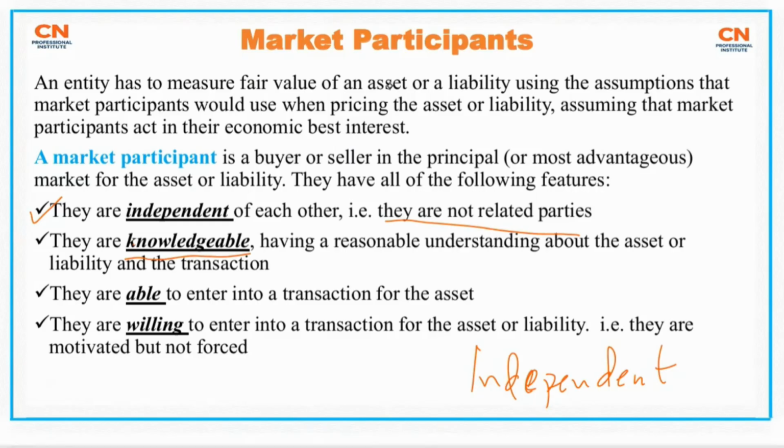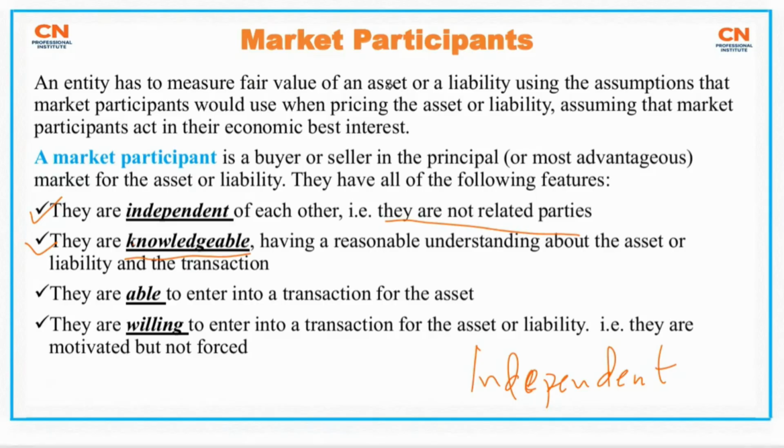So if you want to buy a mobile phone, you have a fair idea of the price, at least the range. If you don't have the idea, you might be exploited. People can cheat you and do whatever sort of stuff to you. So the market participants are knowledgeable. Before you buy something, I'm sure most of us have the idea. You're going to buy a laptop, or whatever equipment you planned, there's a reasonable understanding of the asset, right?